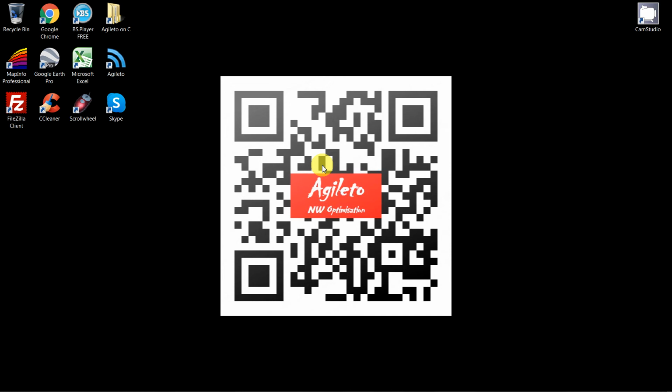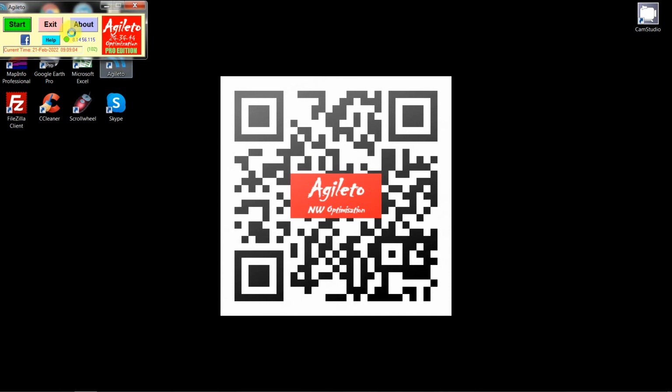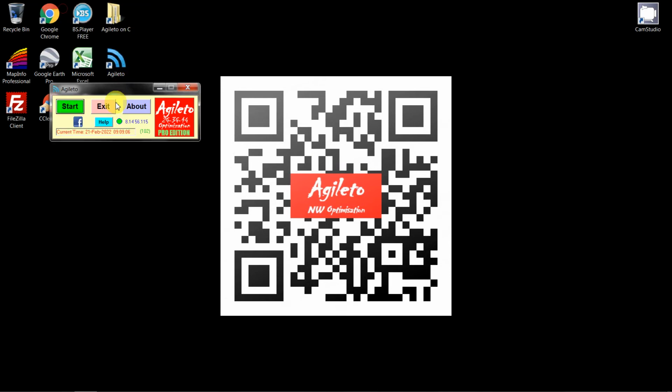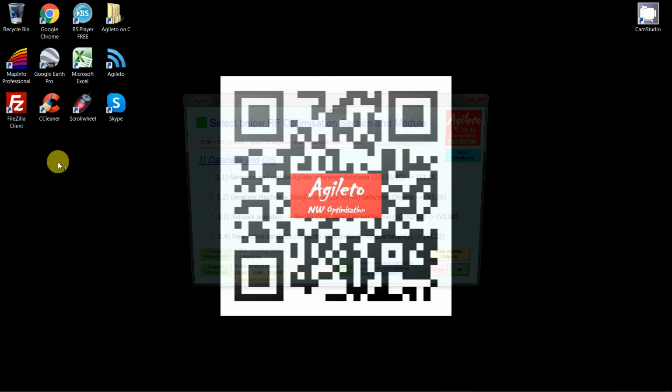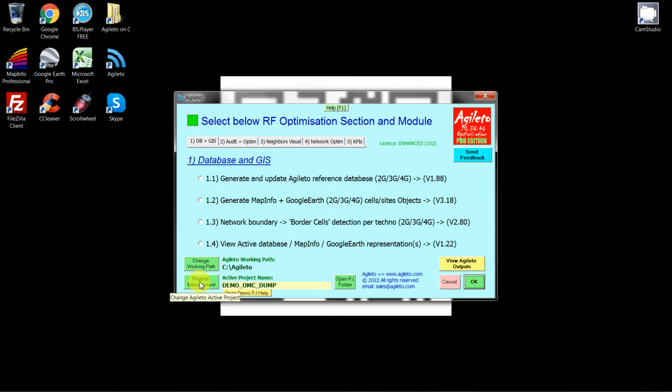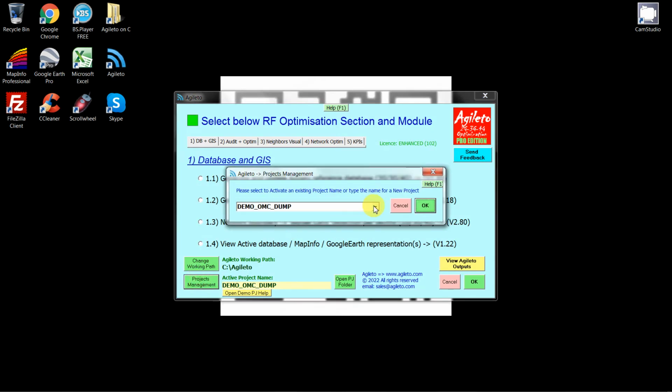Hello everybody, we are going to discuss today what we call here in Agileto the 2G, 3G and 4G technology, so-called beacon cells, allocation and conflict. So let's start Agileto, and let's go first of all to the demo project. So we select from here the demo project which is coming with the Agileto setup kit,